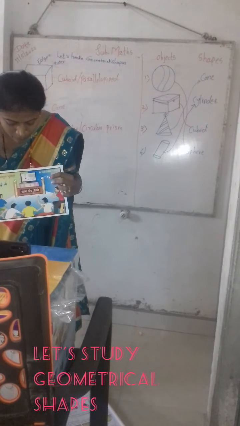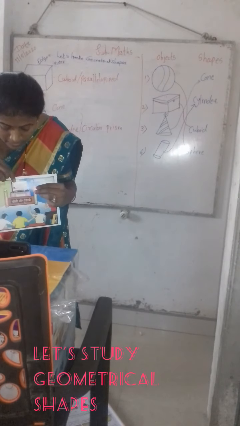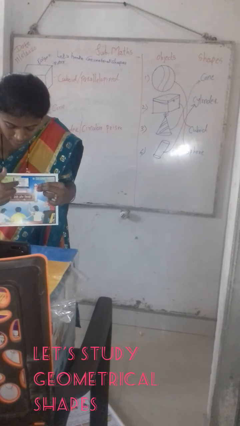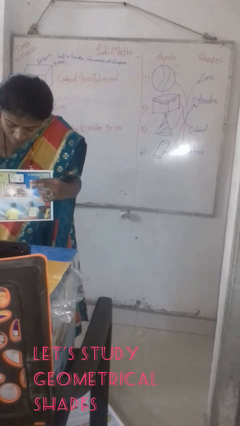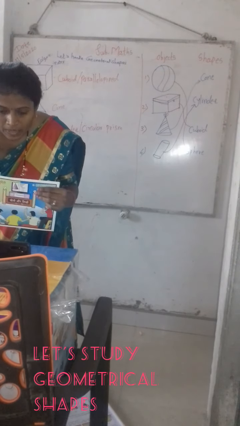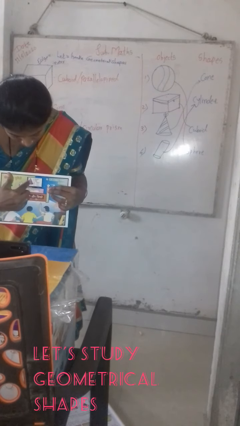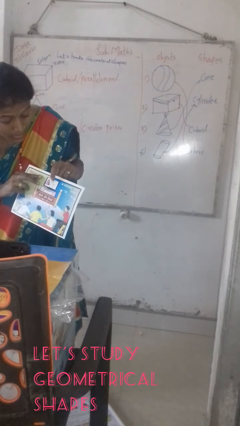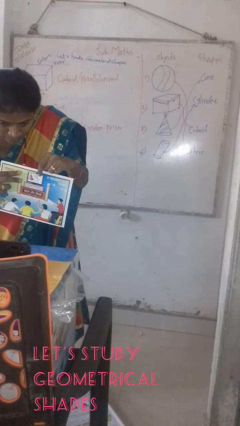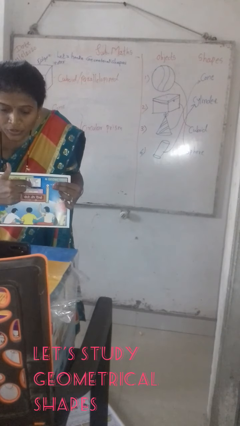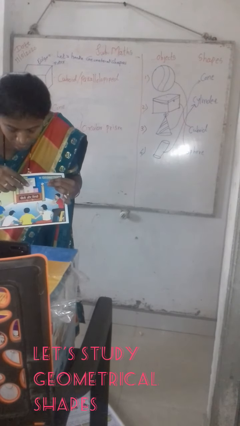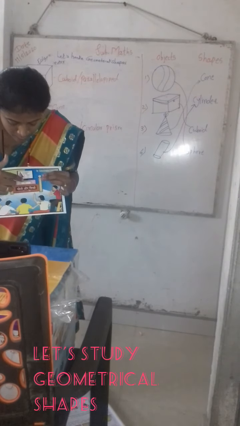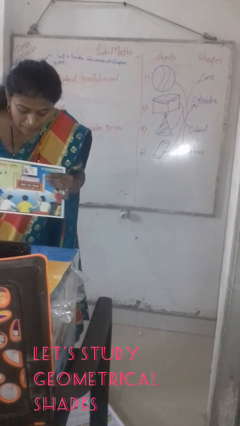Now, what is this? Can you understand this? Which shape is this? This is a rectangle. Now, can you see this figure? Is this a cube? Is this a triangle? Is this a sphere? It is a cube shape. We can check our answer here. D means it is a cone shape.